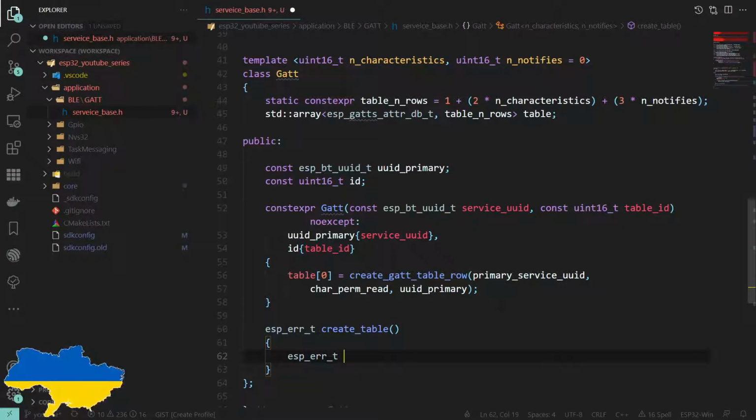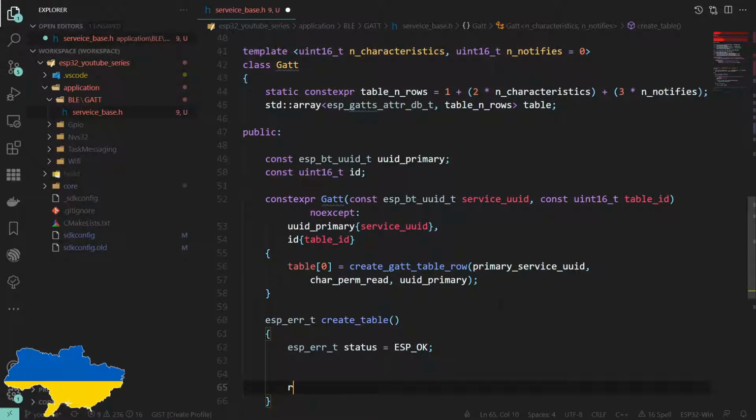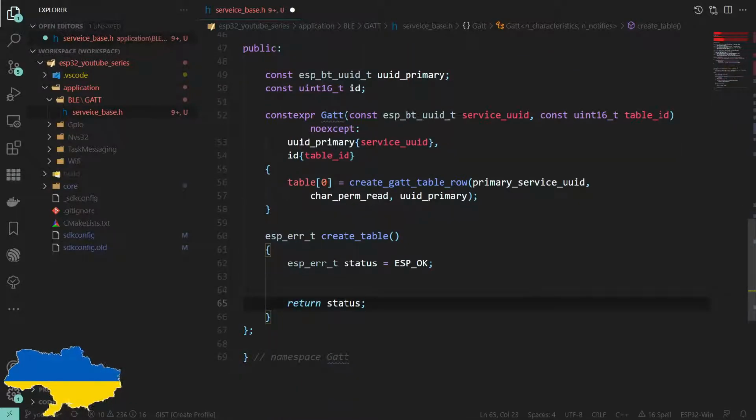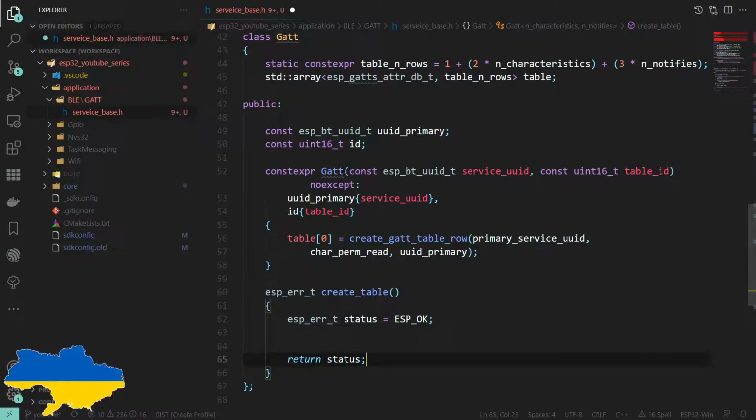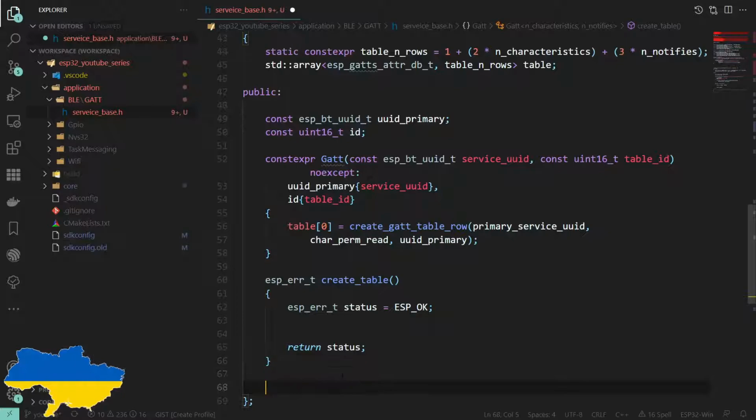Let's just put some boilerplate in. Okay. Now, it says in the documentation that you don't want to create the table more than once. Well, you probably don't want to create it more than once. So we actually need to keep tabs, bad word, on whether or not we've already called the API.